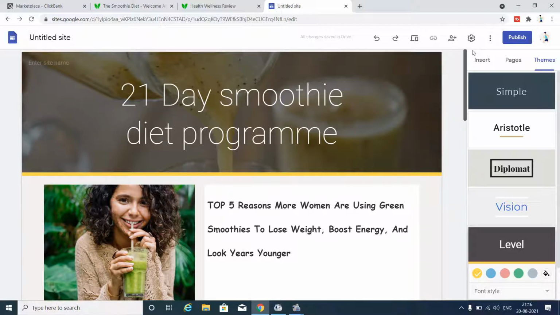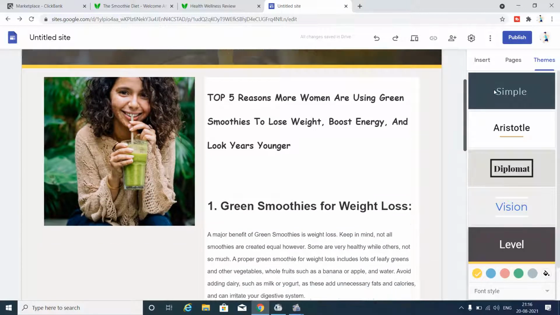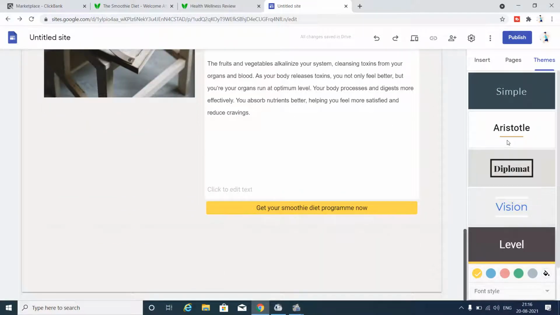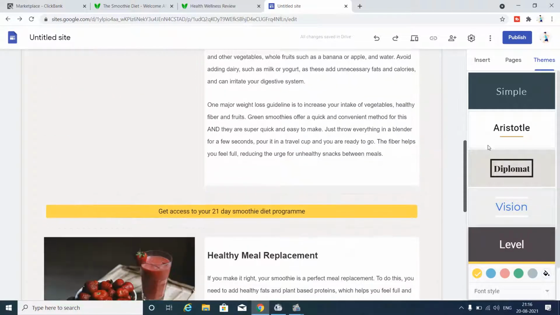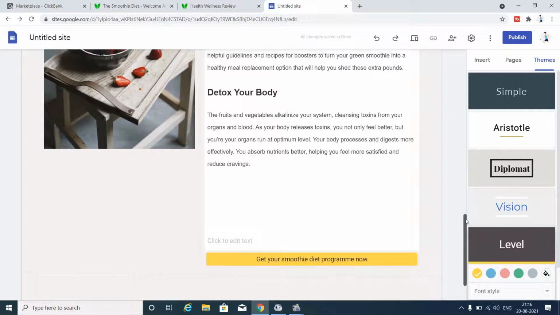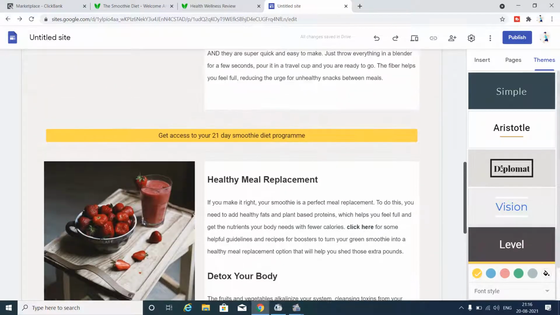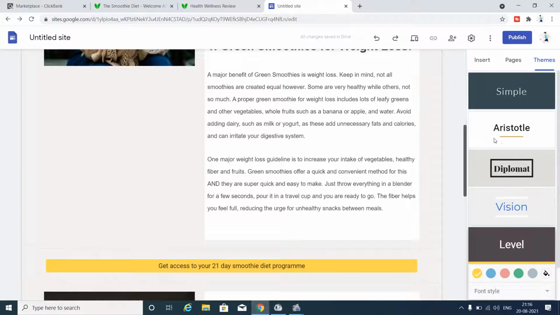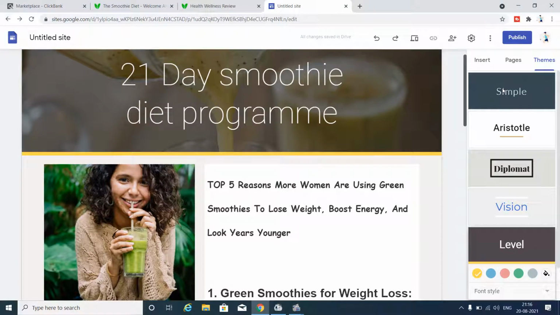21 day smoothie diet program. So every time someone reads your landing page and signs up with any one button, we have provided two buttons, one here and one here, and every time they click on this button, they will go to our affiliate program for the 21 day smoothie diet program, and if they purchase this smoothie diet program, you get a commission. And this landing page is totally free, and it's very simple and it looks great.